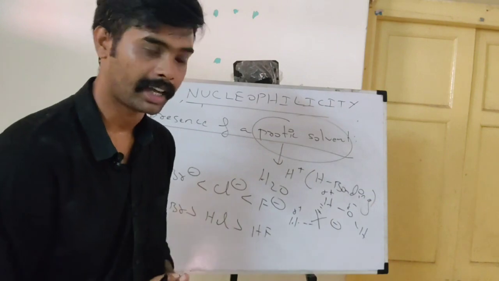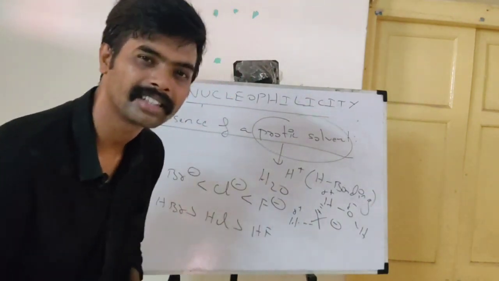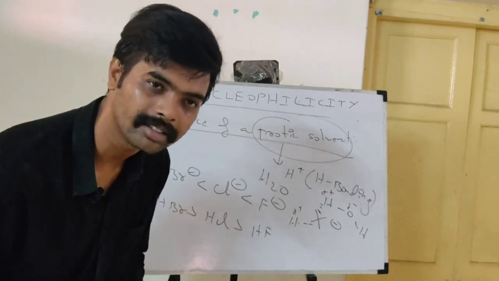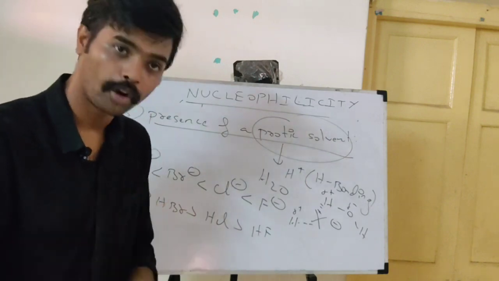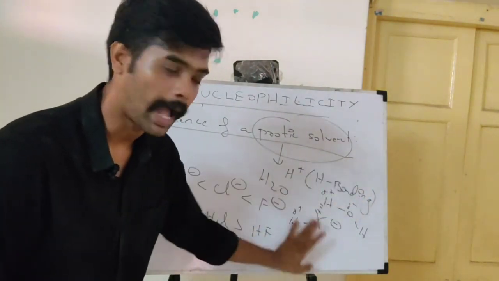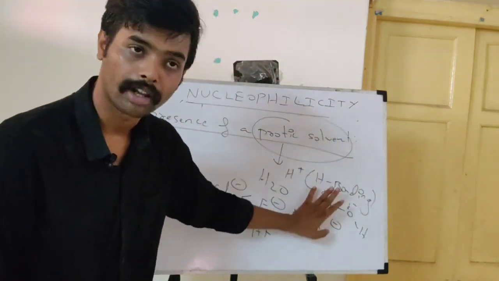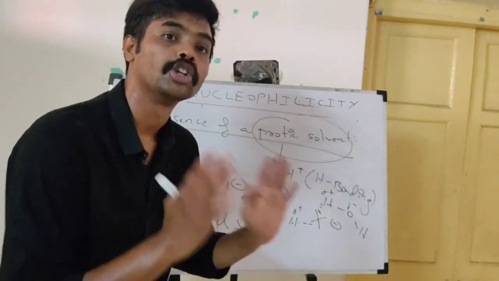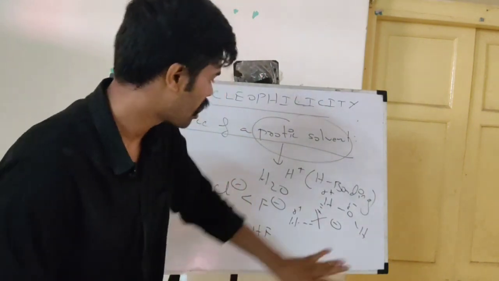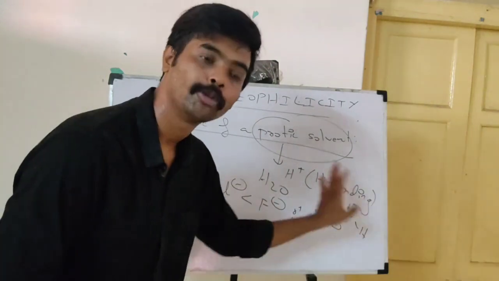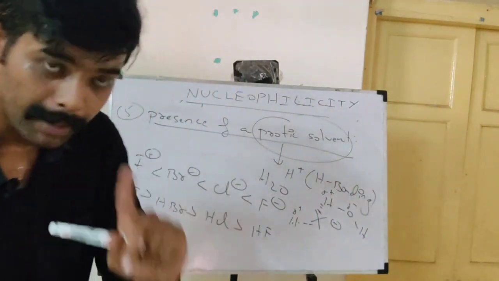Now please understand, if this happens, can I indirectly say that the steric hindrance of the nucleophile increases? Is it not becoming crowded? Is it not becoming heavy? So whenever I have a protic solvent, hydrogen bonding will happen for the nucleophile, and because of that, the nucleophilicity of the nucleophile will decrease because it is getting crowded. It will not be able to move as easily as in the previous case, isn't it? So keeping that in mind,